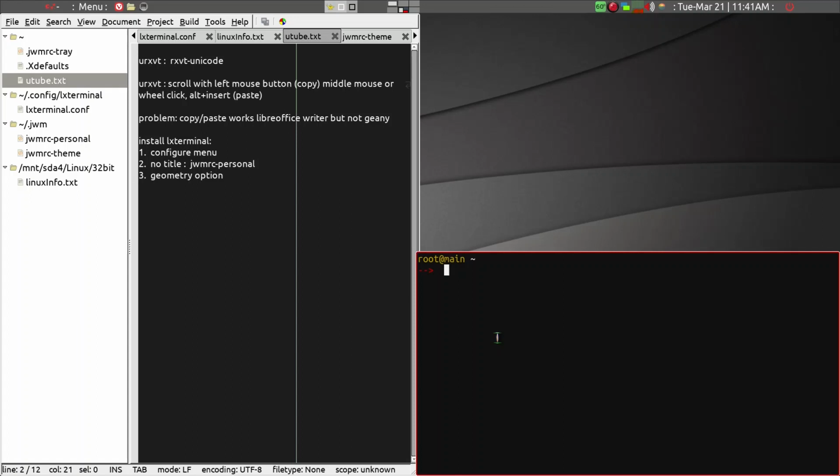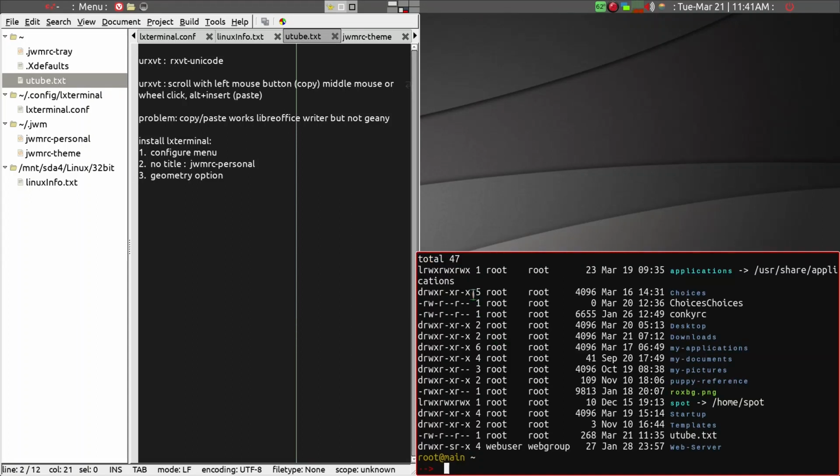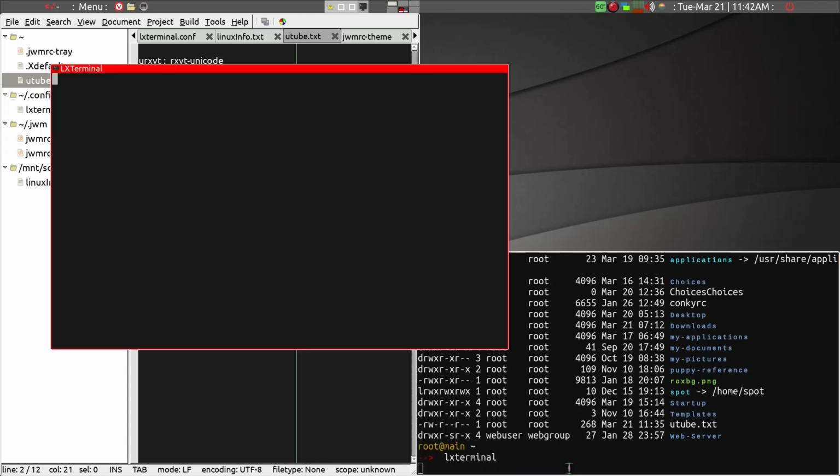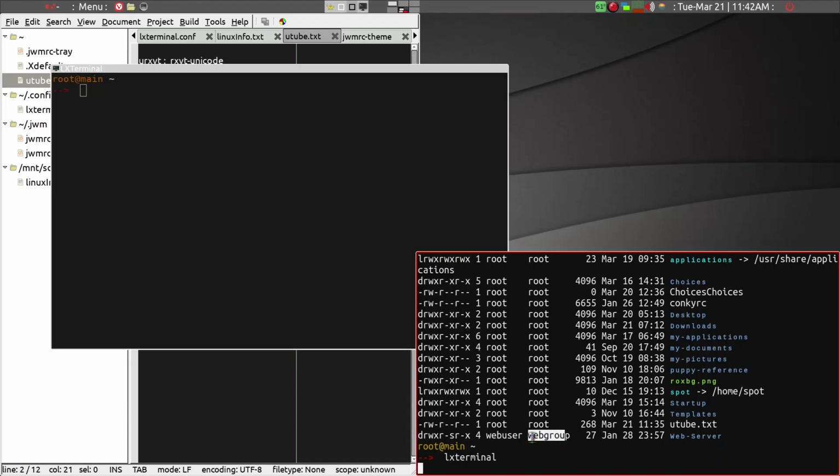Very easy to go ahead and just copy, for example, ls here. When you drag along with the left mouse, that is actually a copy. To paste it, what I usually do is click the middle mouse scroll wheel. I just click and paste, and you get that paste. Just go ahead and start a terminal here. So we'll copy again, put it in the memory,